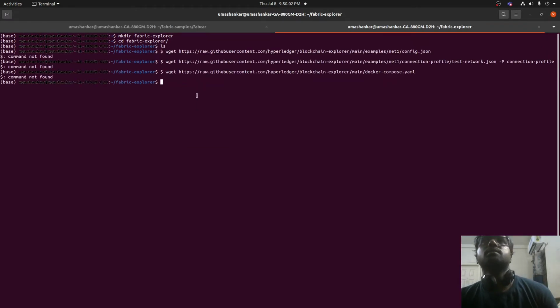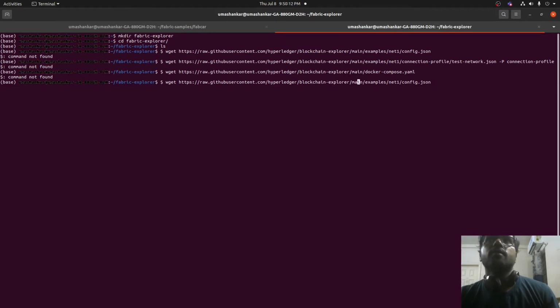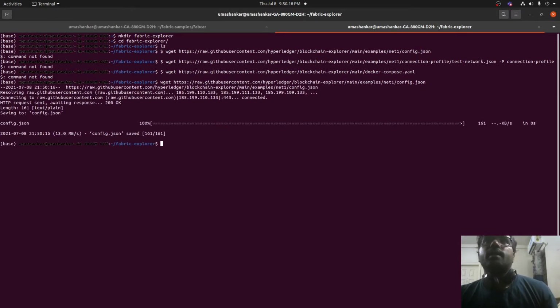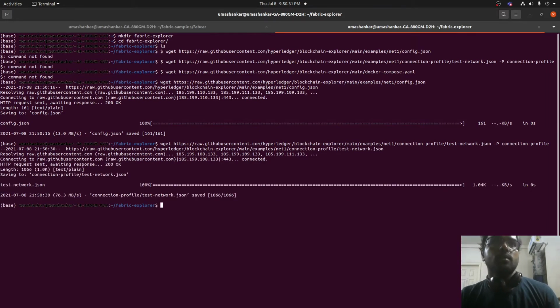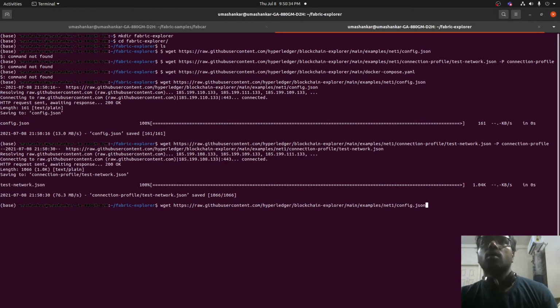All right, something, command not found. Okay, it copied the dollar symbol also, so I'm going to get rid of that. First is the config.json. All right, that is copied. Next one is testnetwork.json. It's the one with the dollar symbol. All right, that is also done. Third one is docker compose.yml.